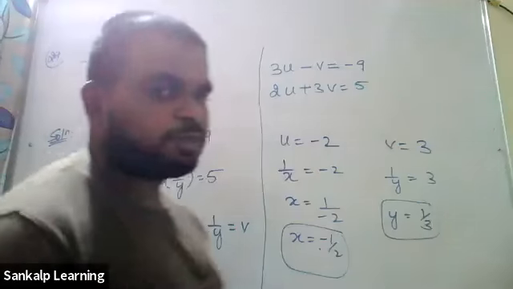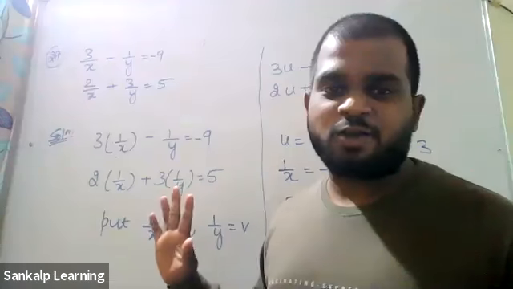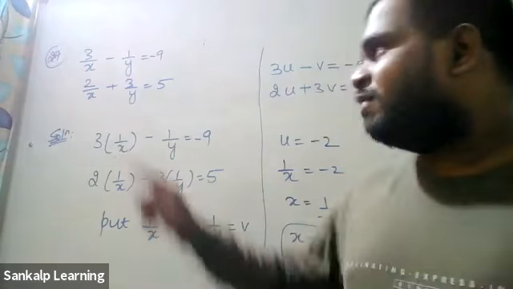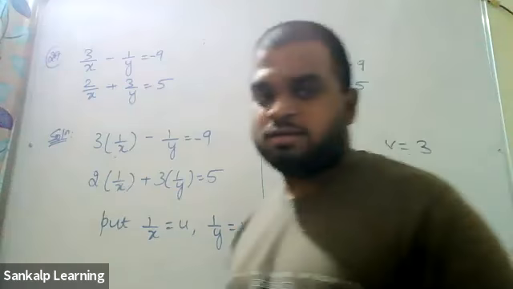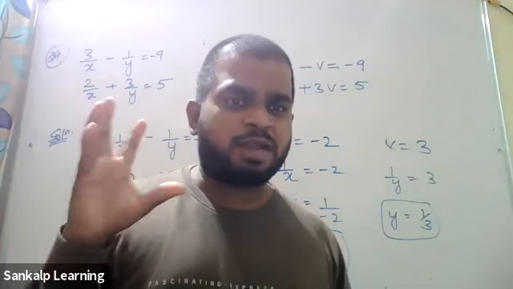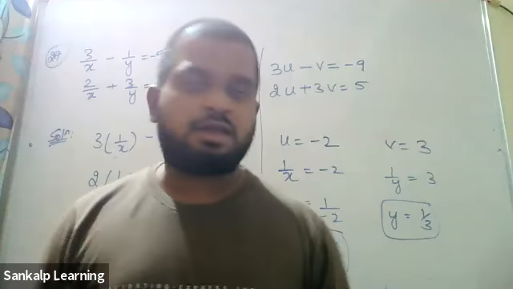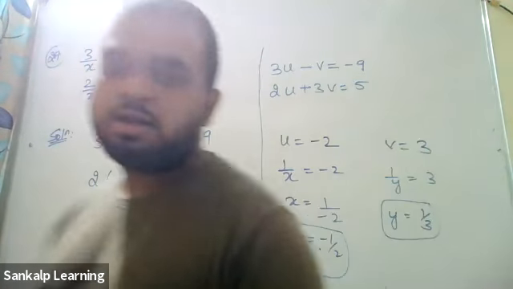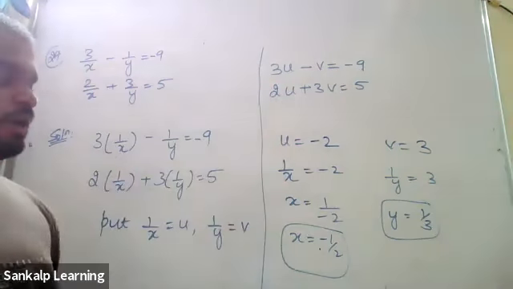Very simple. When do you go for this method? Whenever you are interested, isn't it? It's not like that. Whenever the variables are in the denominator, x and y in the denominator, you have to go for this method. Not the numbers. The numbers can be in the denominator, 2, 3, 4, no problem. Then we directly take the LCM. But here variables x and y are in the denominator, then you have to go for reducing it to standard form, that is in terms of u and v, and then find it.